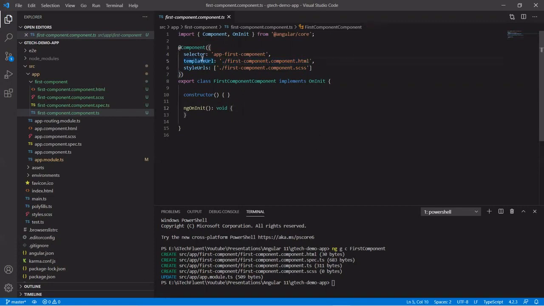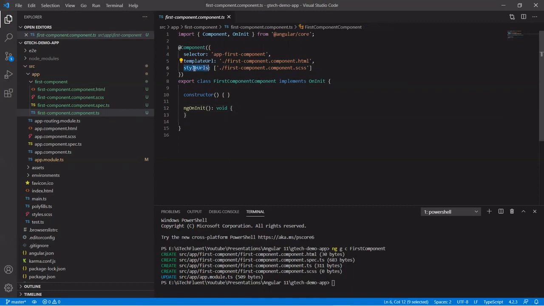Next, we have the templateUrl. This templateUrl property of the component decorator contains the HTML file that you want to render on the HTML page. Along with the templateUrl property, you can also use the template property. In our next video, we will discuss the difference between the templateUrl and the template property.